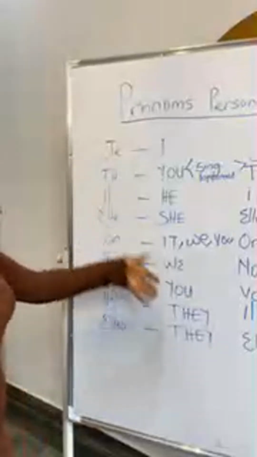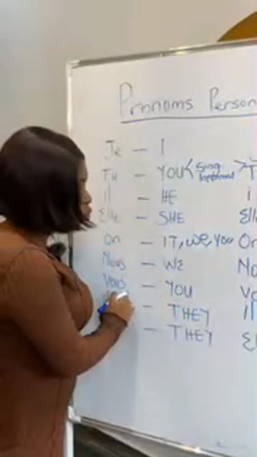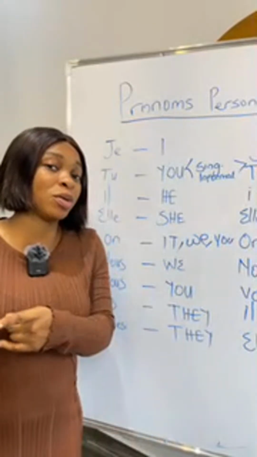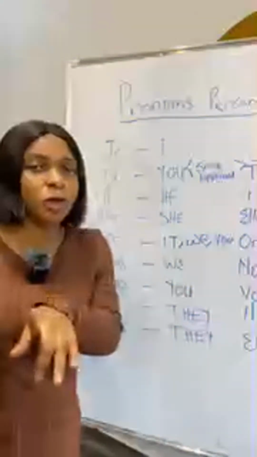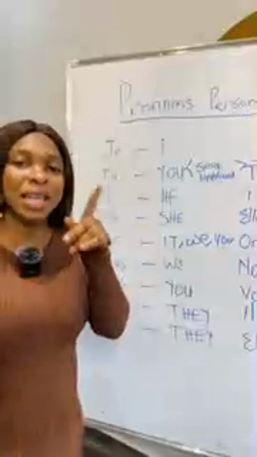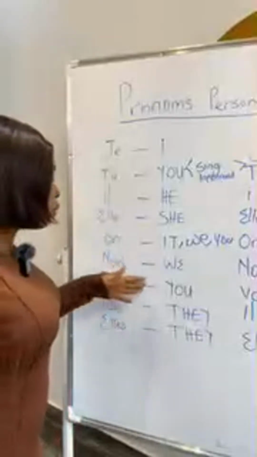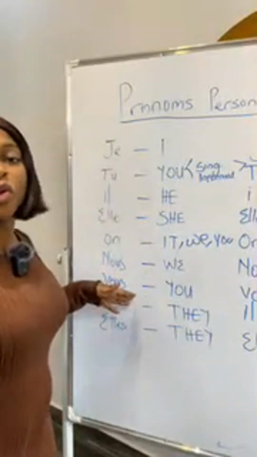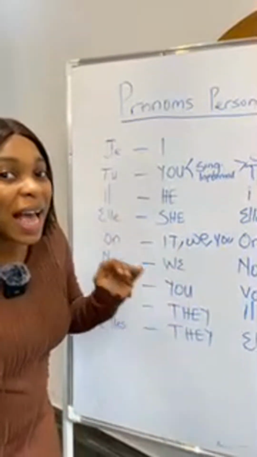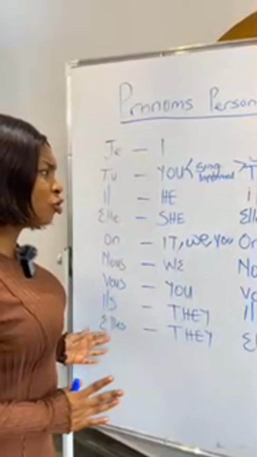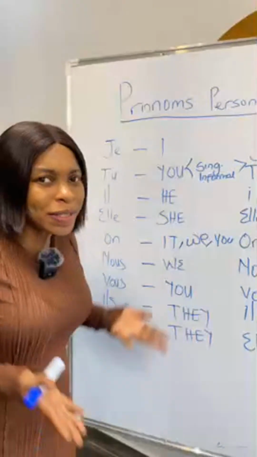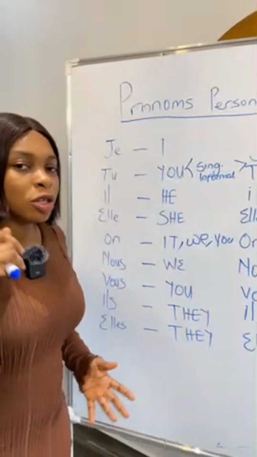Now we have another you here, and it's vous. The S is not pronounced. Don't forget the rule, because when you get the pronunciation correctly, it becomes easier for you to understand and also pronounce it like French and not English. So vous is you. The S is not pronounced at the end. But then you're wondering, how many you do we have in French? We've gotten like 3 you's already. So what's the essence of the tu, on, and vous? So just take it step by step.